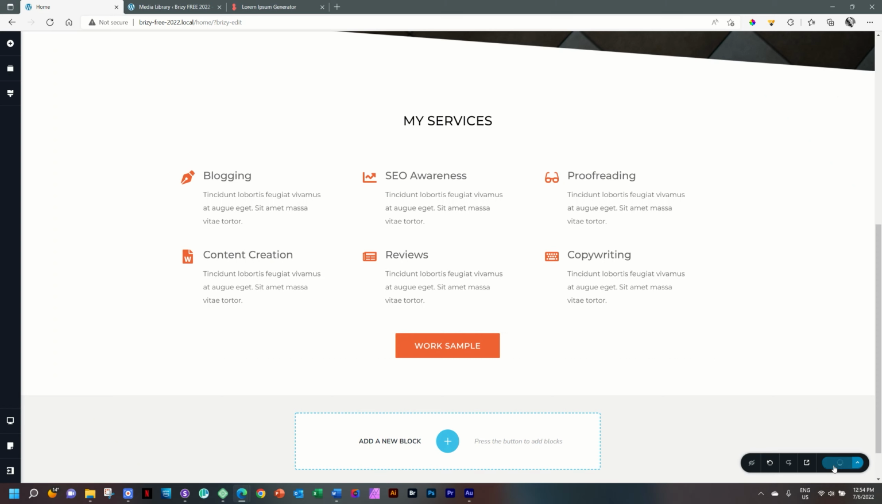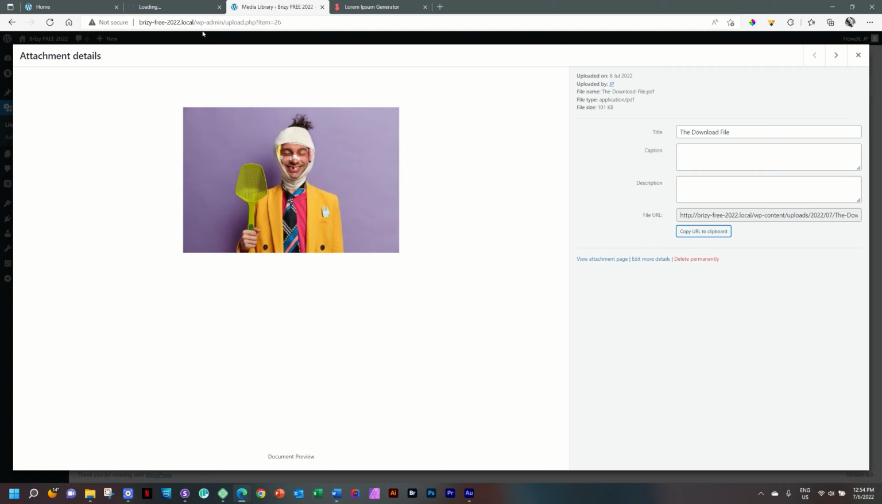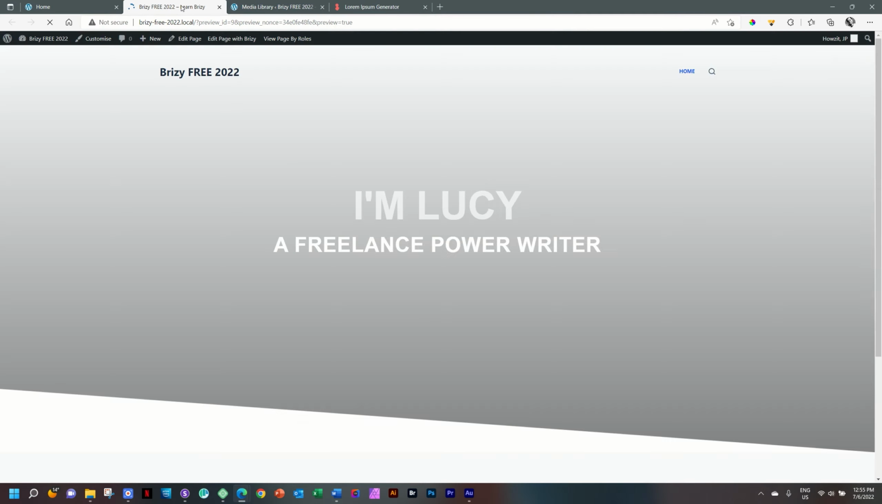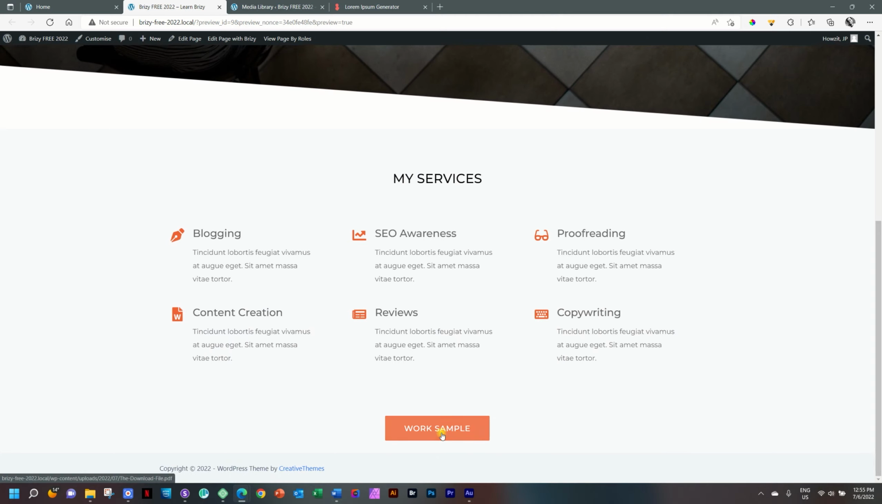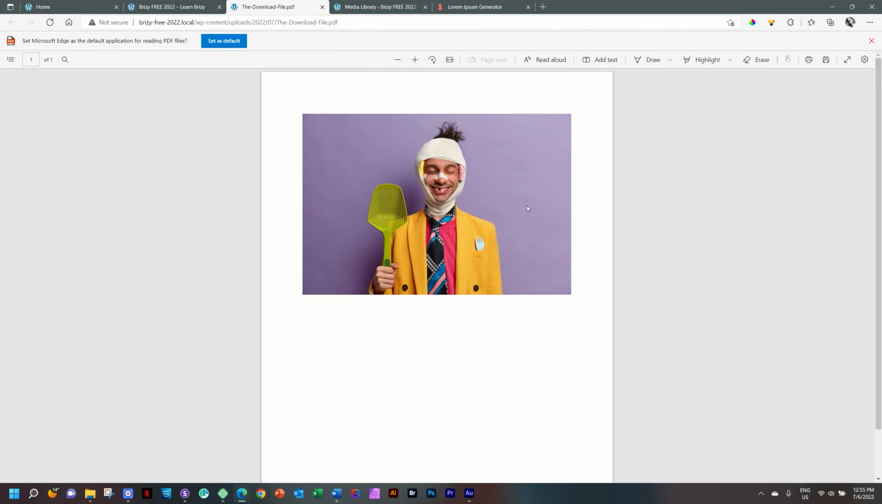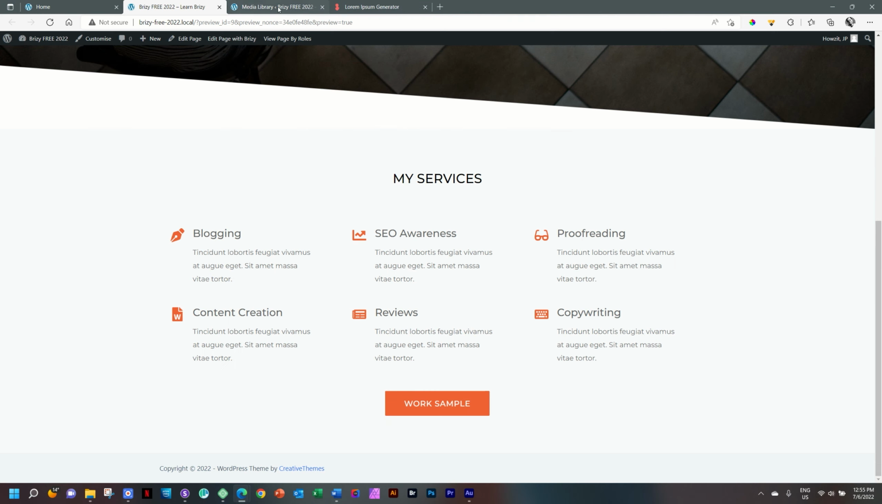Let's update and open a new tab. Just select Preview. Don't worry about this one that's already open. You can have many tabs open. And then from here, we scroll and we select Work Sample. It's going to open a new tab for us and it downloads the PDF. And here you can download the PDF to your hard drive. Gorgeous. We've set that up. Let's close all of this